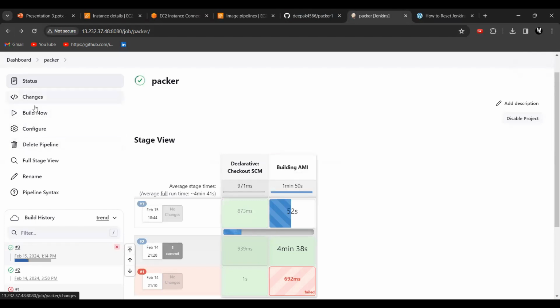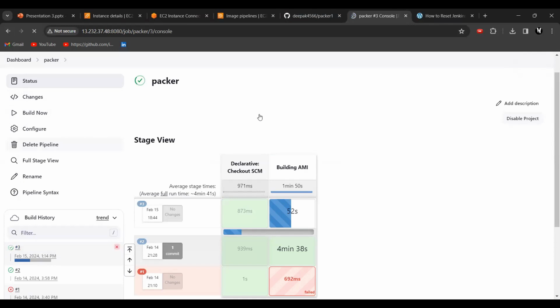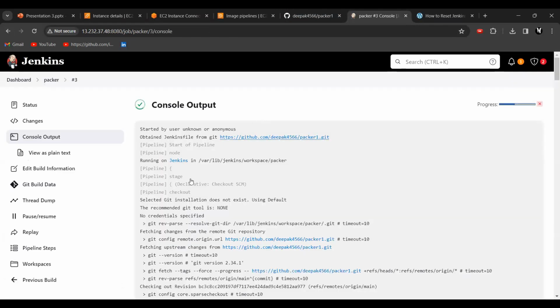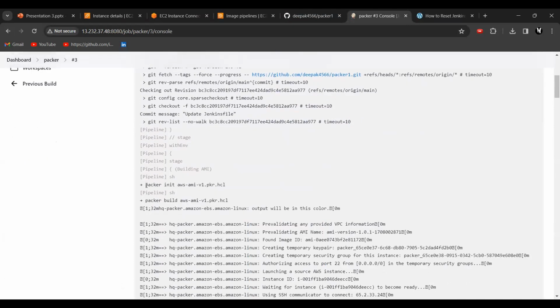You can see the logs from here, the console output, so that I can explain what the process is, what the workflow of Packer is. First, let's say we have initialized this using the packer init command. It will just initialize the provisioner.sh, which is present there.